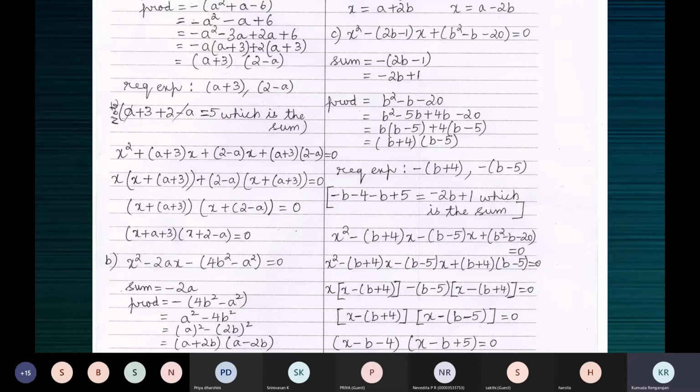So when you find the sum, write a plus 2b first. Below that, you write a minus 2b and simplify that. Plus 2b minus 2b will get cancelled. A plus a is 2a, but you must get minus 2a, which means you need to fix the sign. Maybe both can be negative, because both positive is not working. When both are positive, we are getting 2a, but the sum is minus 2a. Now tell me, fix the sign.